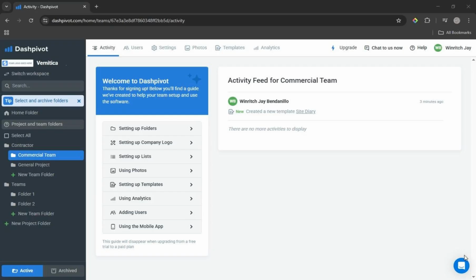I'll be providing you with a comprehensive overview of Dashpivot's core features. Dashpivot is a powerful platform designed to help teams and businesses streamline workflows, centralize data management, and enhance overall productivity across various projects. Whether you are handling construction, engineering, or any other fieldwork intensive operations,